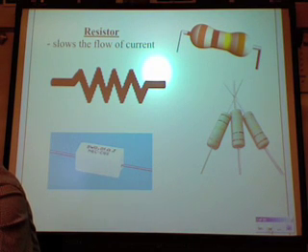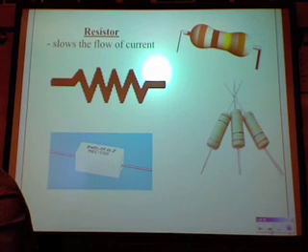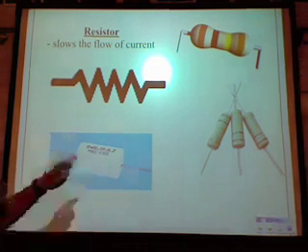People that work with circuits a lot will be able to look right at that and tell you how much resistance that has, how many ohms of resistance. I could also take it and hook up a meter on either end and find the resistance that way. Okay? All right, so that's a resistor. Now,